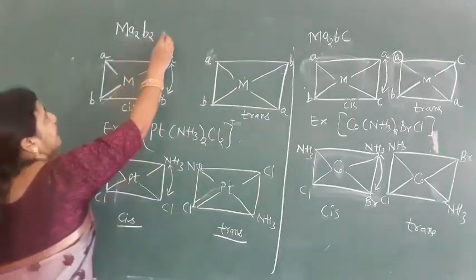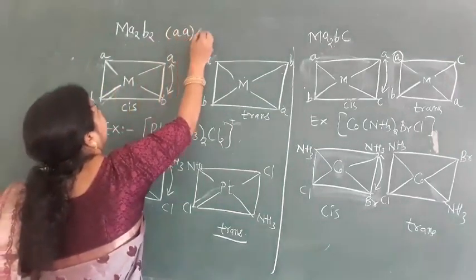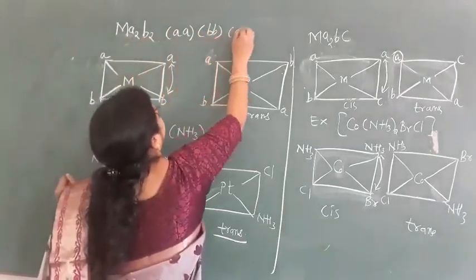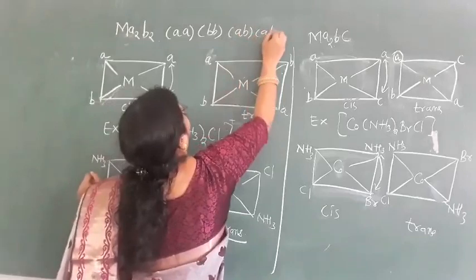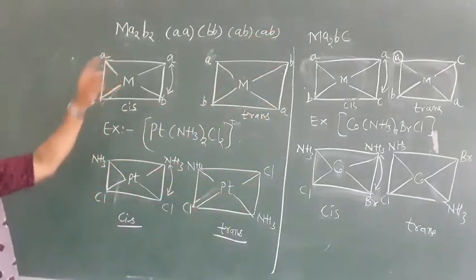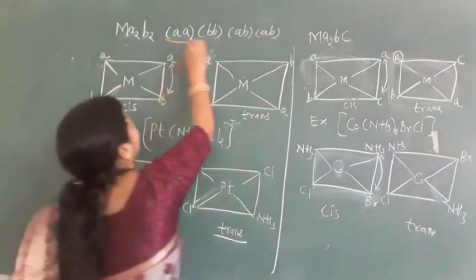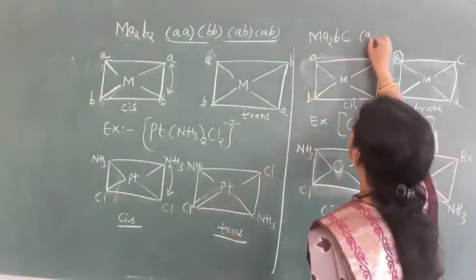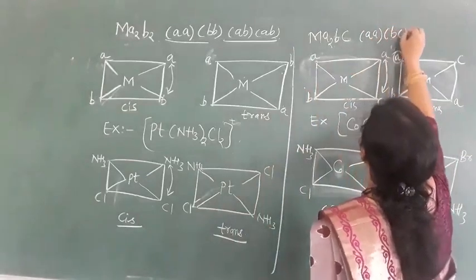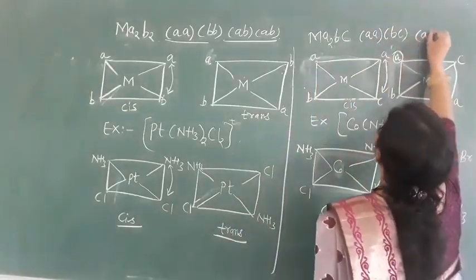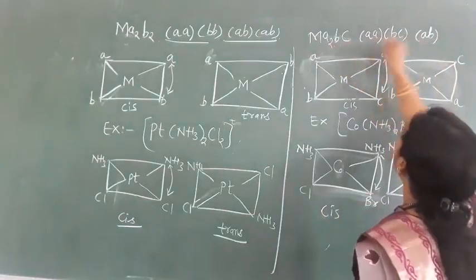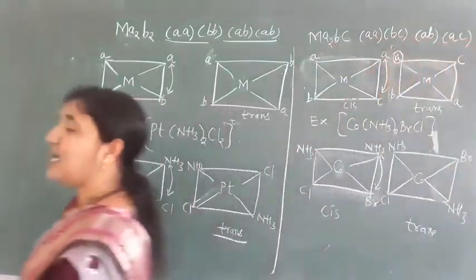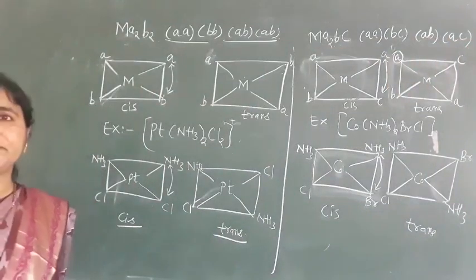Okay. If you make pairs, how do you make them here? AA and BB. This is one possibility. Or another is what? AB, AB. Okay. So two geometrical isomers can take place. So we can find out by doing pairing here. Here also first AA and BC. Another chance is what? AB. Okay. AB and AC. So like this here we have two geometrical isomers.